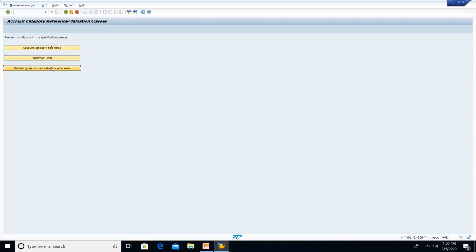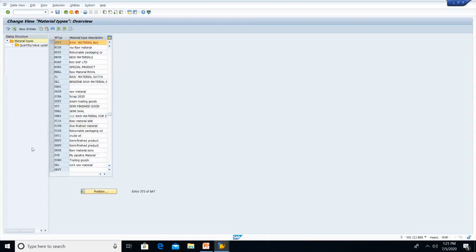After this, valuation class will be linked to GL account in OBYC transaction code. Usually GL account is nothing but general ledger account, which will be given by FI people. Just we will be clubbing valuation class with GL accounts. When we do some goods movements like goods receipt, goods transfer, goods issue, system will be determining the general ledger account automatically based on these settings. Moreover, whether the inventory is required or not for the material will be controlled by material type.